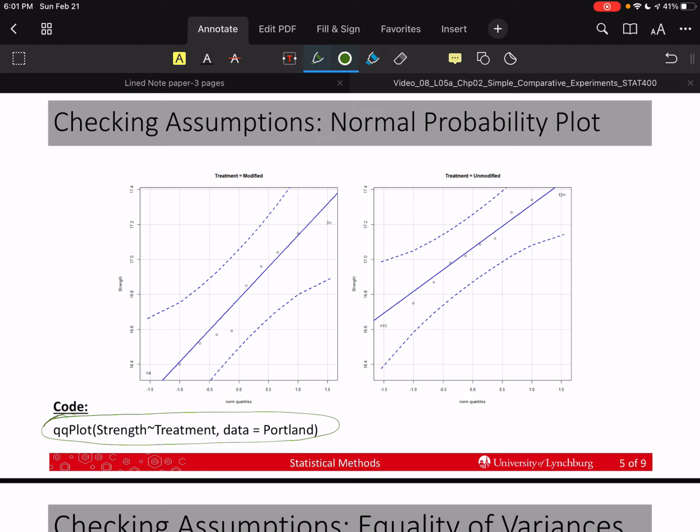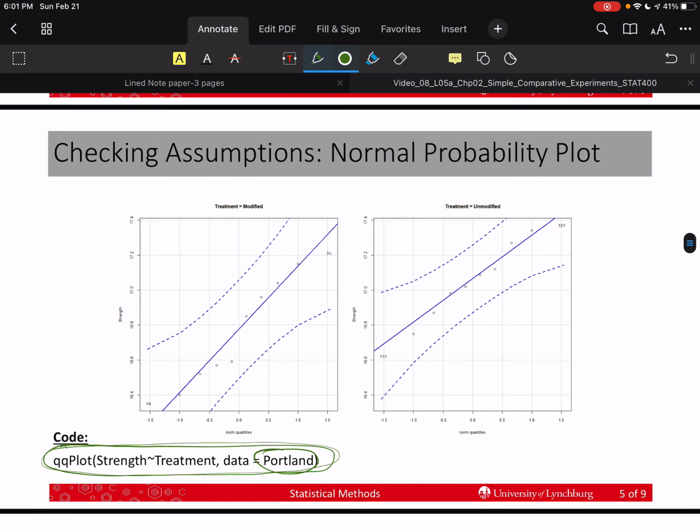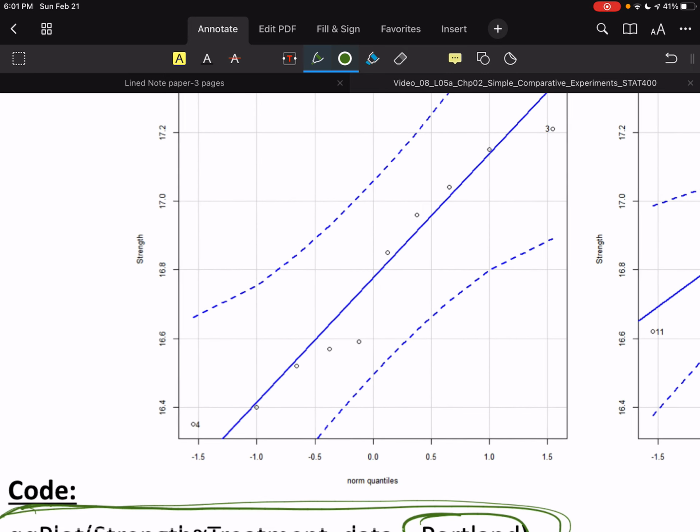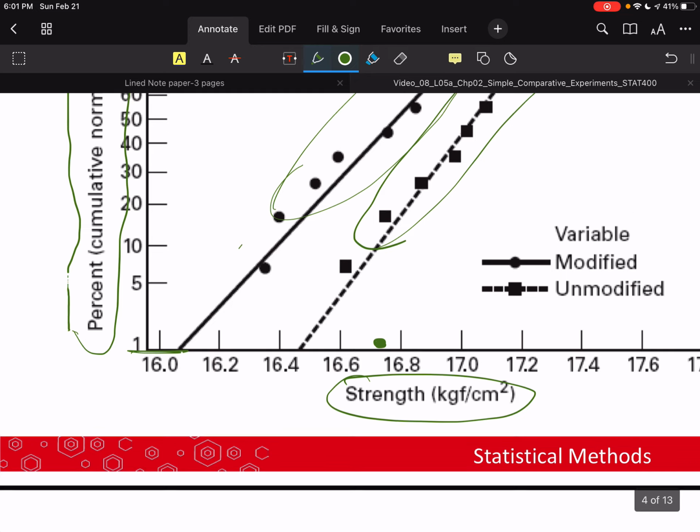Okay, so I've run this code here, except my data, this is my data name, so I could name it anything. And in that file, I don't have Portland, I have like Y0, but this is just an example of the code. And what I need to point out to you is that this is a flipped screen from what we have up here. This was made using a different